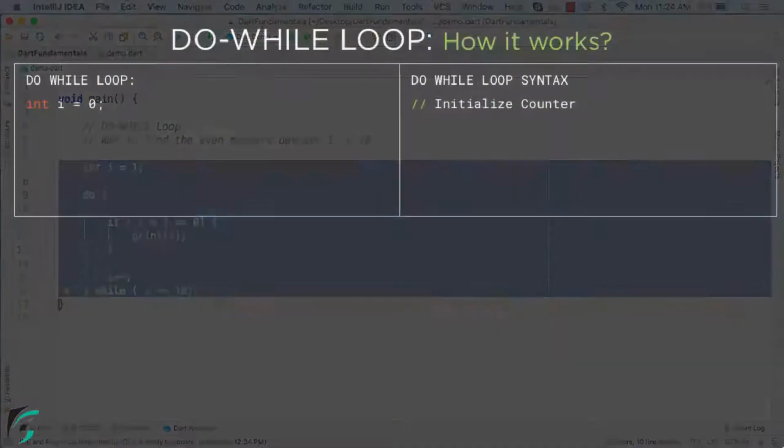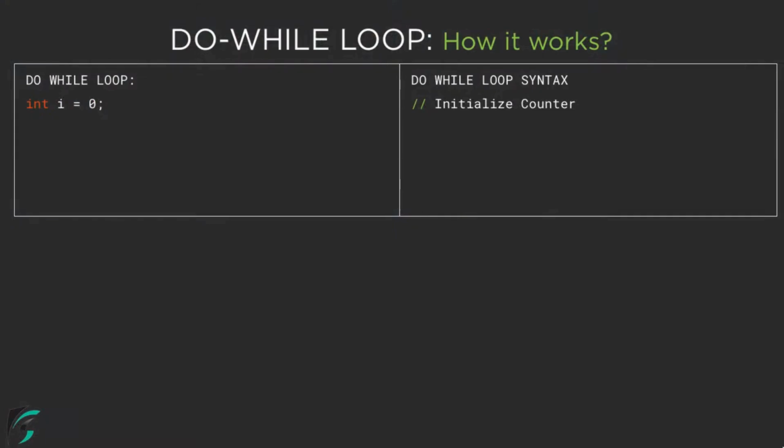Perfect. Now as usual, if you are a beginner then please continue watching this video, that is how the do while loop works. So for that here is the syntax. We first initialize our counter variable and then use the syntax of do and while, and within this we actually put our code here, increment or decrement our counter variable, and finally we check the condition.